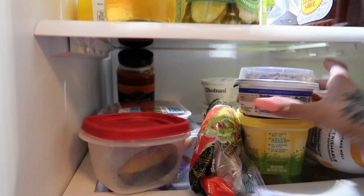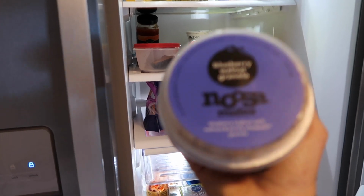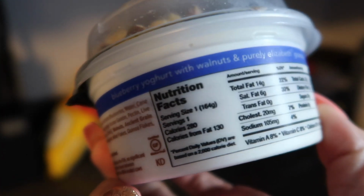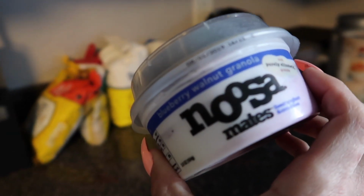So I'm going to have a snack. Get me a nice little Greek yogurt in here. Blueberry walnut granola. It's got 280 calories, so it's a pretty high calorie Greek yogurt. So I wouldn't really recommend this if you're looking to lose weight. I would probably recommend something along the lines of this,